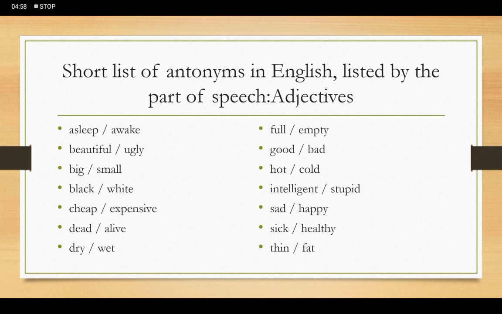Next in our lists are adjectives. Asleep, awake, beautiful, ugly, big, small, black, white, cheap, expensive, dead, alive, dry, wet, full, empty, good, bad, hot, cold, intelligent, stupid, sad, happy, sick, healthy, thin,